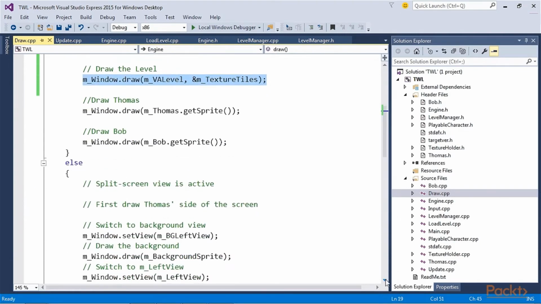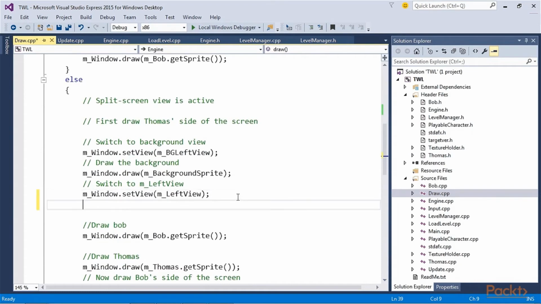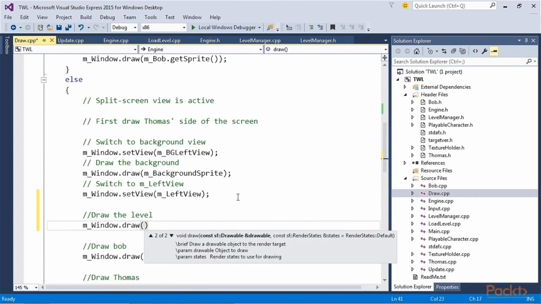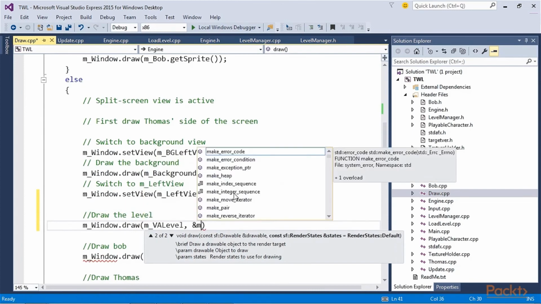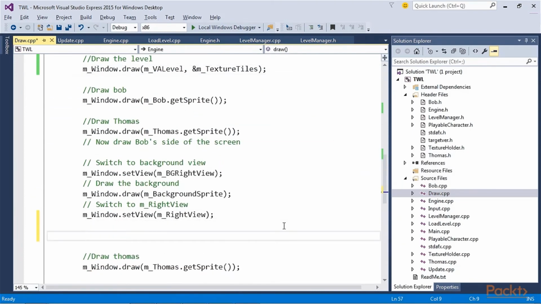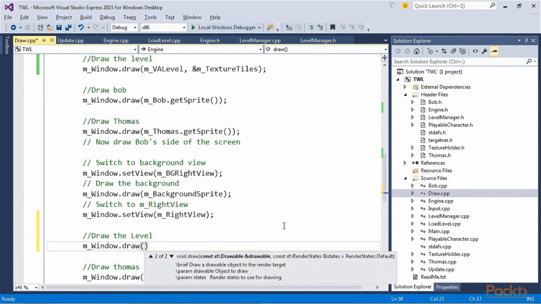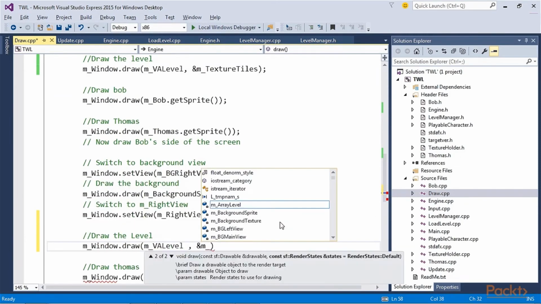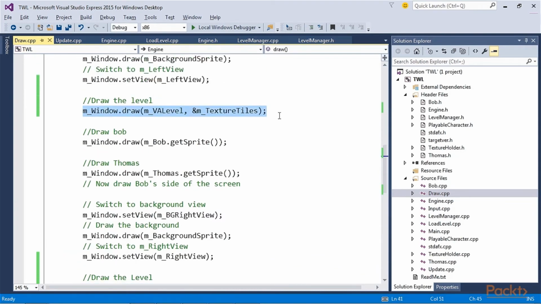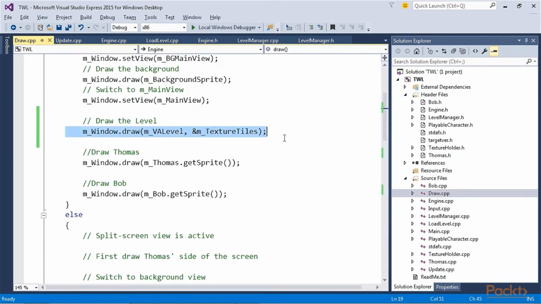Now, we have to add the same line again in the split screen view. We do the same for the right view. We have drawn the vertex array for all screen options: right, left, full screen.